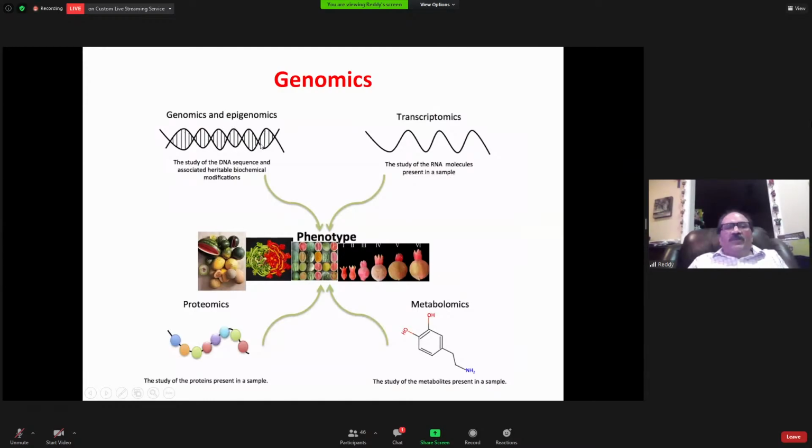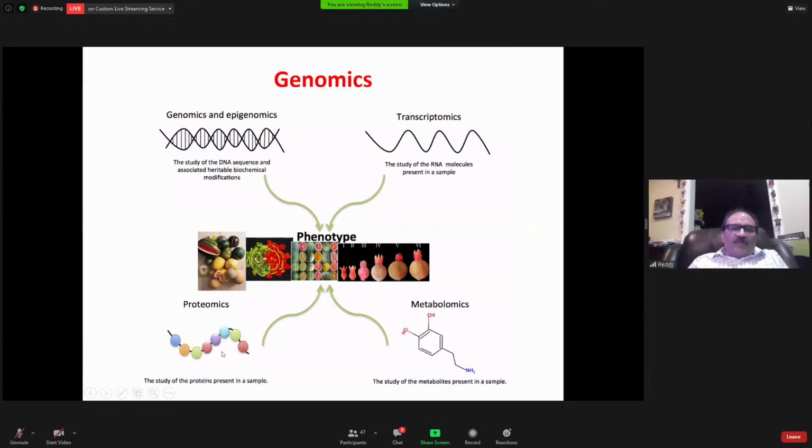Genomics is, once we sequence all of it, the global scale study of the genes. Epigenomics is how it is wrapped around these nucleosomes, how it is getting released, how it is getting methylated or demethylated. All this comes under epigenomics. Transcriptomics is the transcriptional machinery, and once it is transcribed, all the messenger RNAs globally are called the transcriptome. Not only messenger RNAs, some are non-coding, some are small RNAs, microRNAs. All of them have regulatory importance.